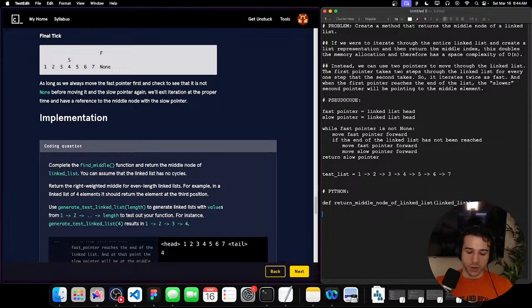So we do fast pointer, which is linked list dot head node, slow pointer, which is linked list dot head node, while fast pointer,